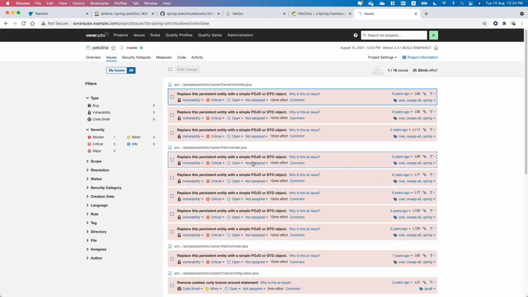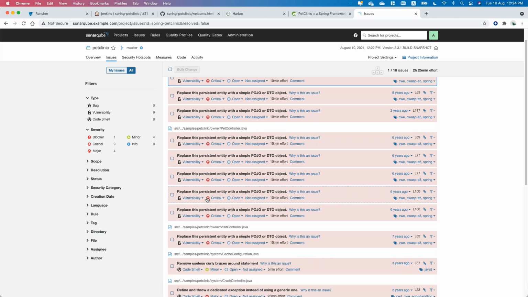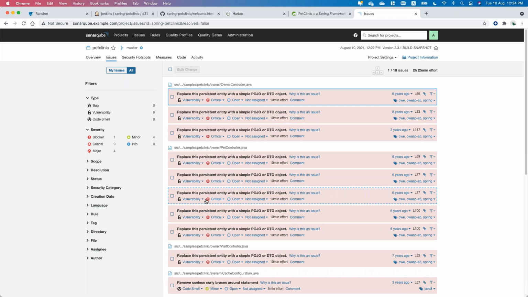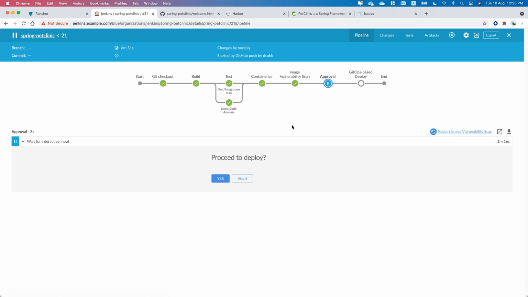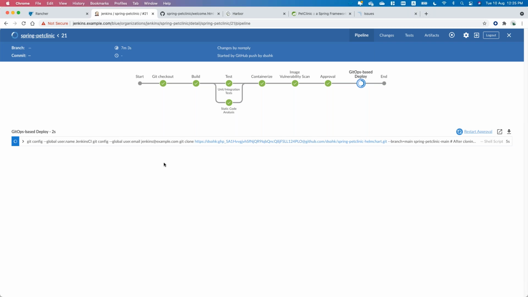So far, there are issues for this source code, but it looks like it's not really critical and major for now. So because it's a demo environment, I just leave it as is. So at least I can see all this before I go on. So once I say, okay, everything is ready, then I just update it. What it will be doing, it will be updating my Helm chart to use the new version number, build 21, and then it's going to deploy into